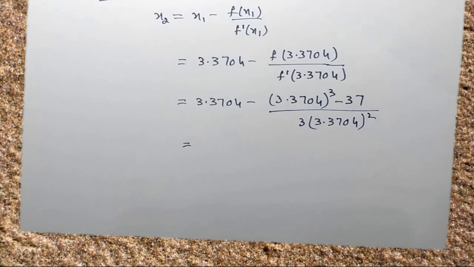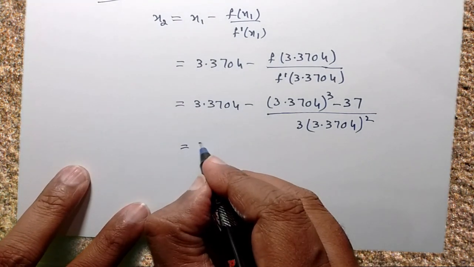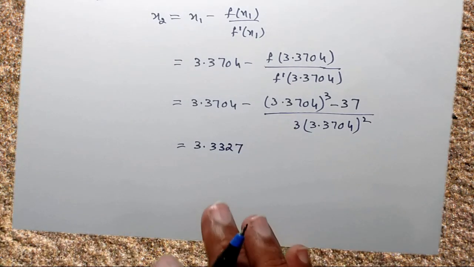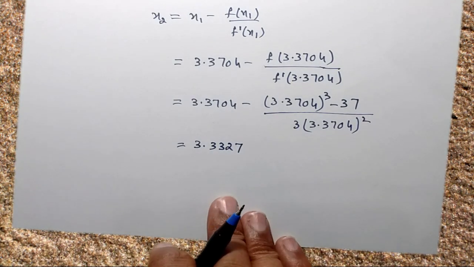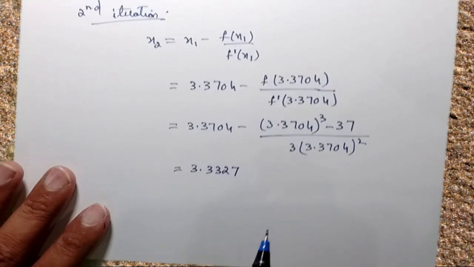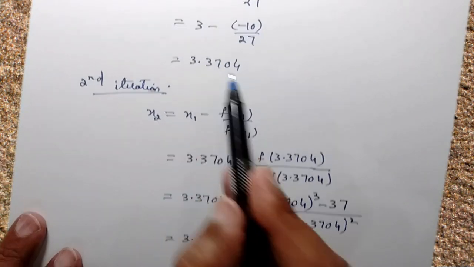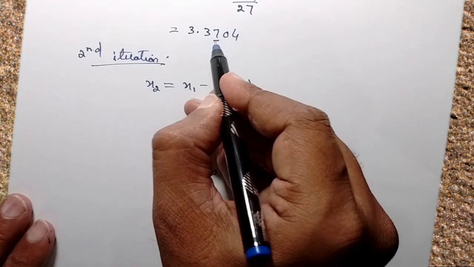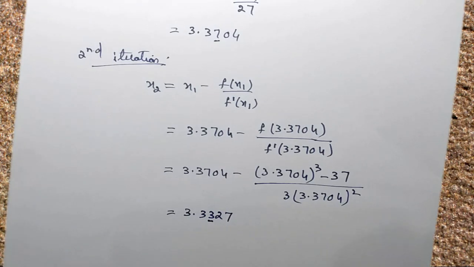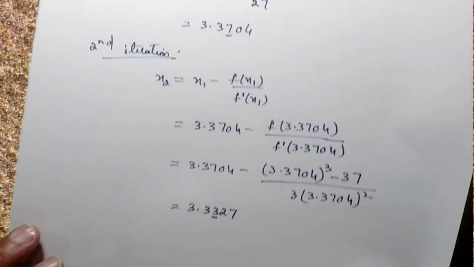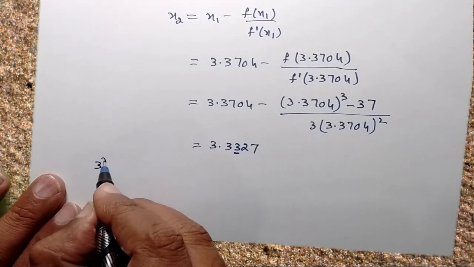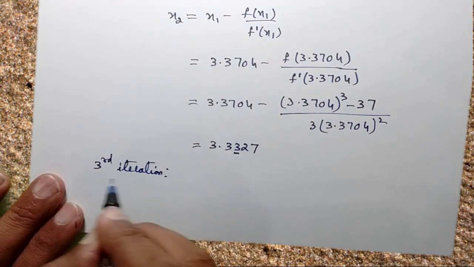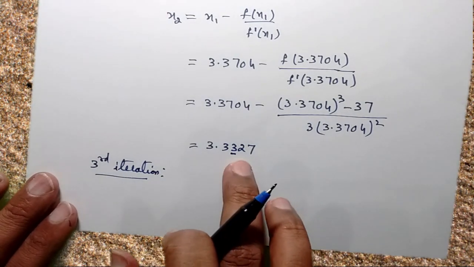So therefore, if I rewrite, it is 3.3327. If you approximate it, that is the second iteration you have. Because it is 3 decimal places, just check here. You're getting the first iteration 3.7, here you're getting 3.3, so the second decimal place itself is not matching. So you have to get 3 decimal places. Therefore we'll go for the third iteration. You have to repeat the process till you get up to 3 decimal places.